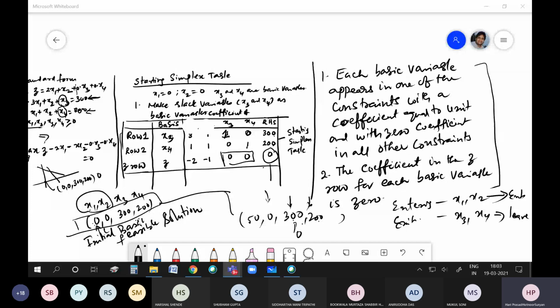On Monday I will not be taking class. I will be out of station on Monday. So we'll meet on next Wednesday. I need 1 or 2 extra classes. Anyway, once I come back, we will have it in the next week.